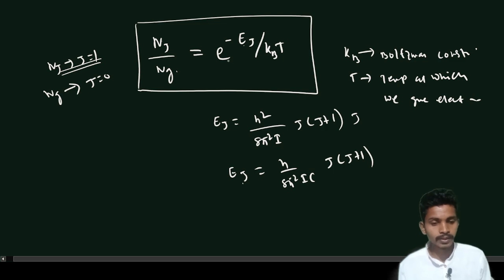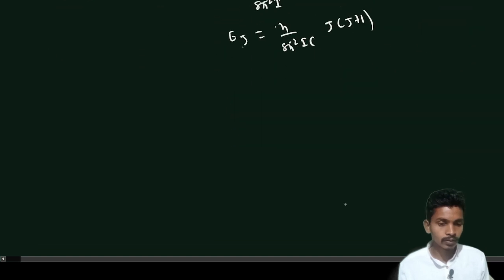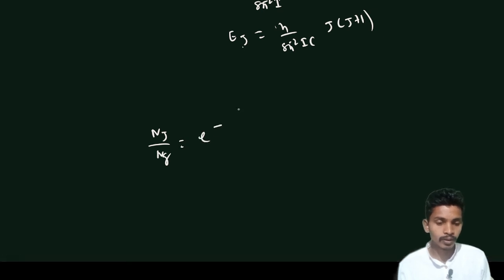So I will put this E value here. So n_j upon n_g is equal to e to the power minus h over 8 pi squared I c, j into j plus 1,